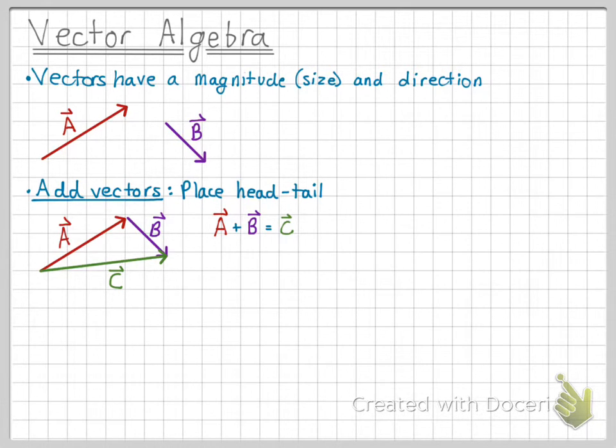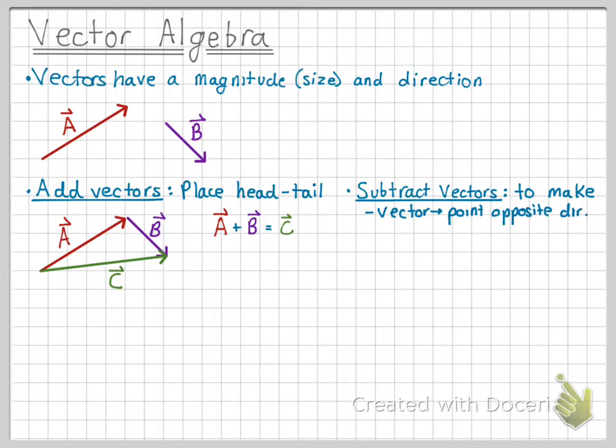Alright, if you want to subtract vectors, you simply just make one vector negative. And when you make a vector negative, you simply just have it point in the opposite direction. So A minus B would look something like this. So take note that B is the same length, but now just pointing in the exact opposite direction. And a resultant vector C would simply then, once again, connect the tail of the first vector to the head